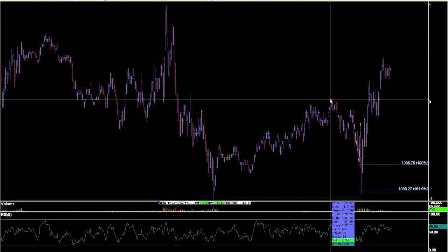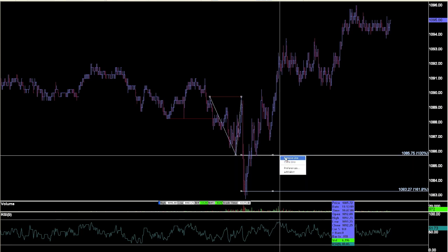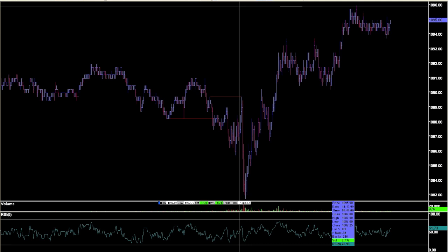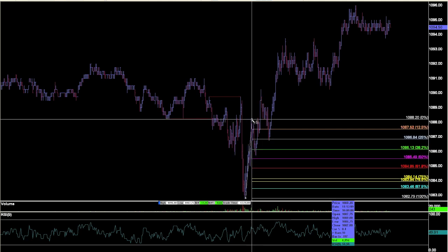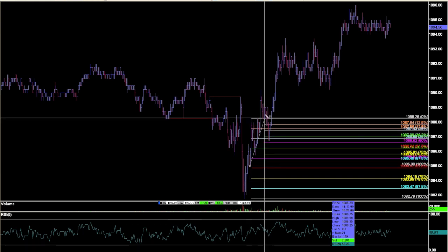Let's go back to our 1-minute chart. If we go back to our 1-minute chart, we see that the market does refuse to take out this new low. So now what must it do? It must take out a new high. Looking at the first retracement, now that we are in the 10 o'clock hour, we must go deeper in time. We see that we have approximately a 38.2 retracement,